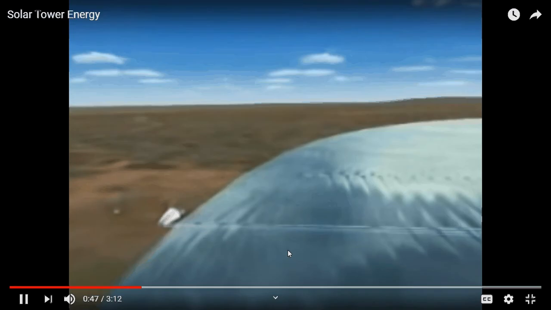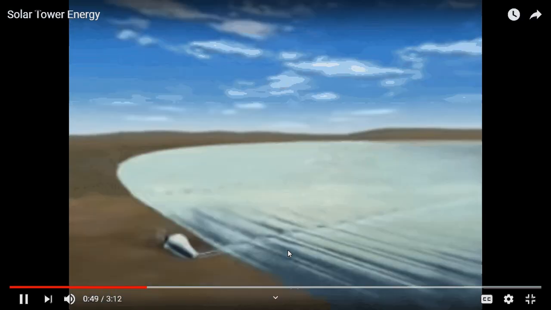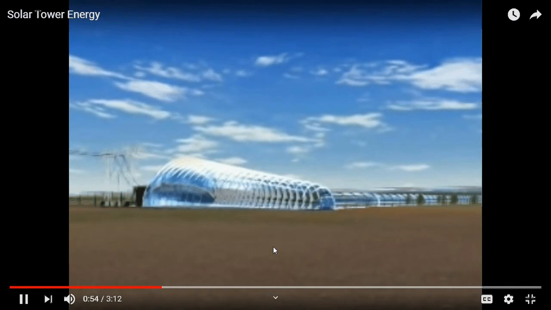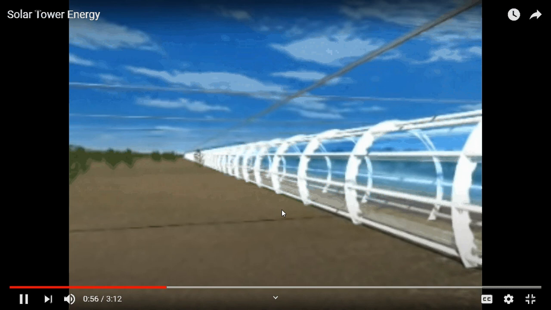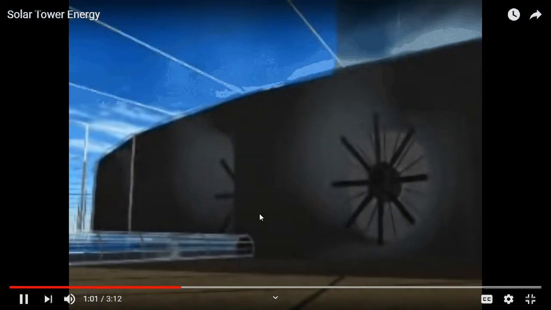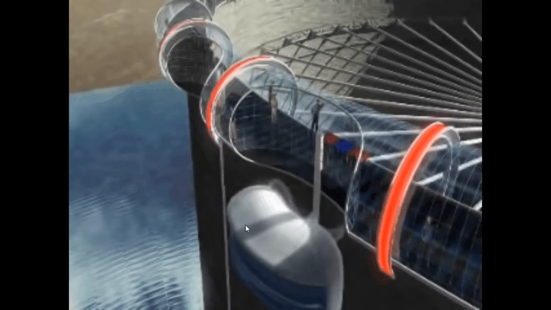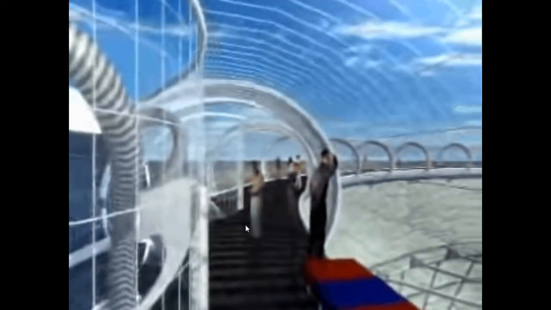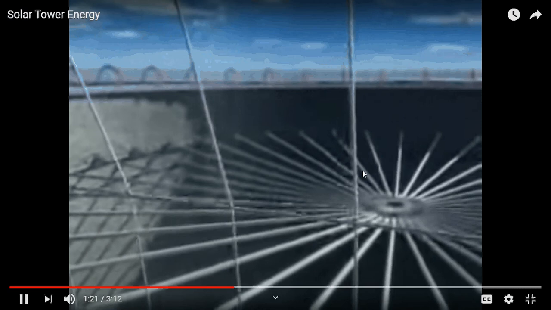The diameter of this glass itself is about 2 kilometers. It's a huge structure. See this now, there is a small train that has been installed here, and the lift, people are moving up. This can also be used as a tourist place, where at such a top you can see how things look.